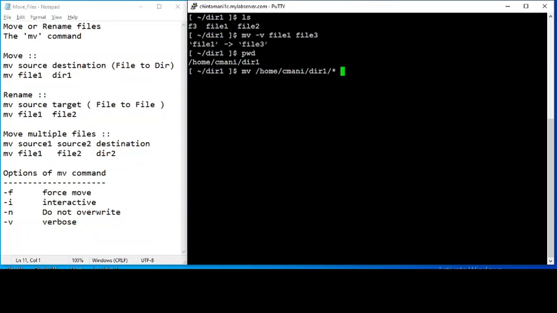So I'm moving all these files, or let's give one file for understanding. So file3 to /tmp. /tmp is a directory where any Unix user can write. So it has been now moved. If you see ls now, earlier file3 was there. Now it is not there. So it has been moved there.